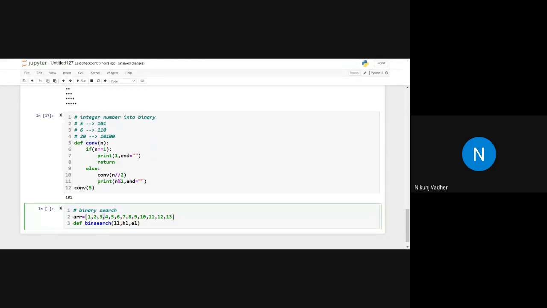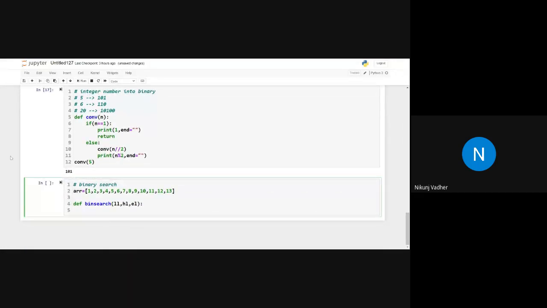So 13 elements are there. In element we will specify which element we want to search. So how will we implement the algorithm for that?